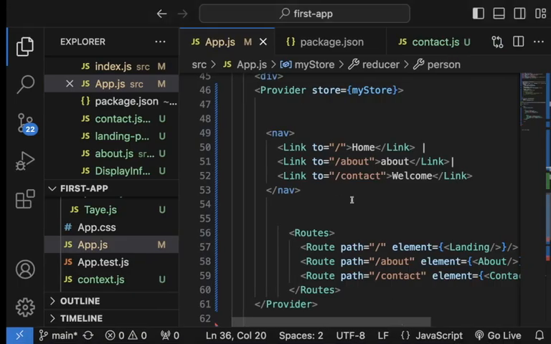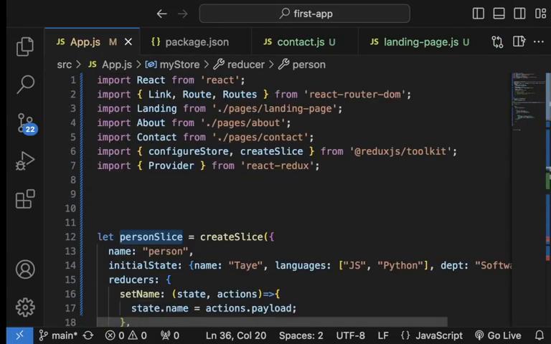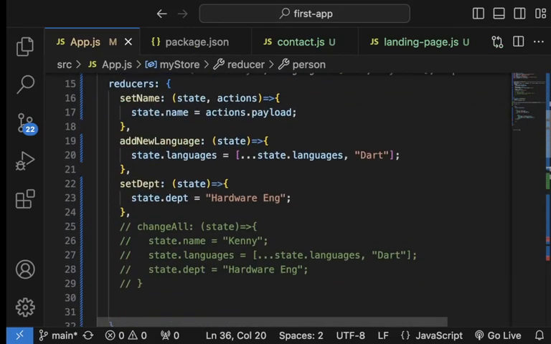In our last class, we looked at Redux toolkit, and in the course of the class, I explained that